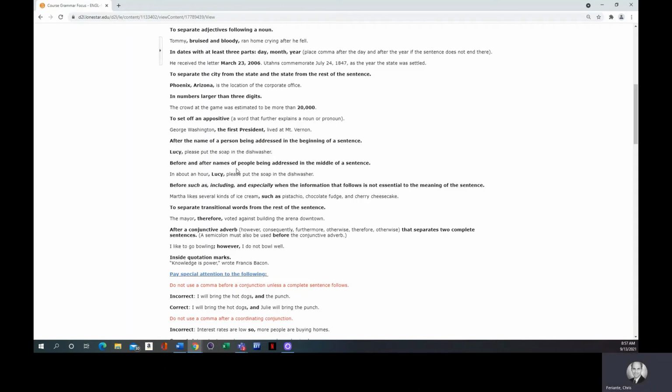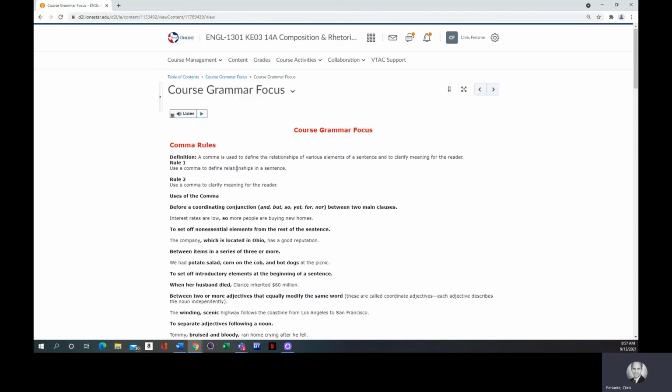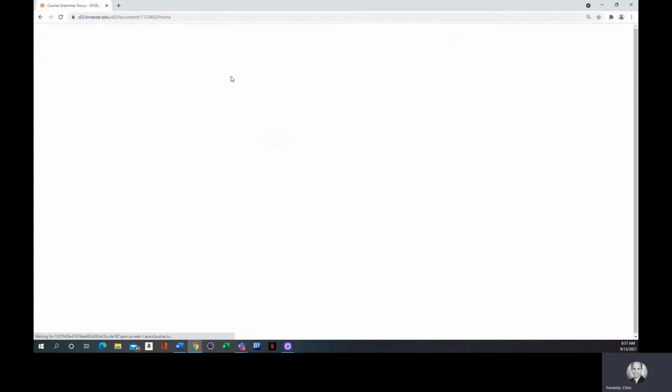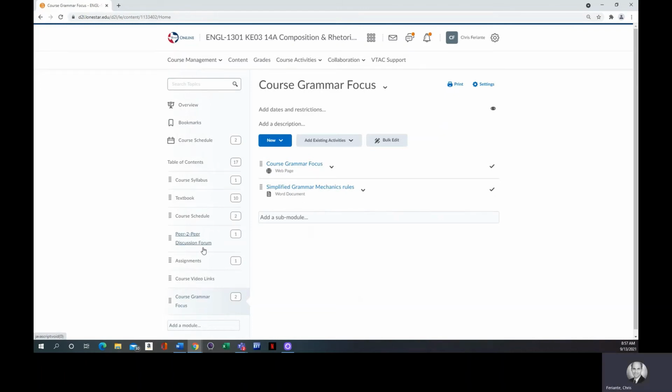We won't get into parallel construction. We won't get into all kinds of stuff. But we need to make sure this is out of your writing before you get out of the course. It's a little bit messy. I can make that better, and I'll maybe go back in and try to do that. But all the information tells you the rule, and gives you a sample of incorrect and correct. I'll be referring you back to this document if you have any difficulty with grammar in your writing. Let's get back to content. And that's it. I'll add a few more things in here as we go, but not right now.